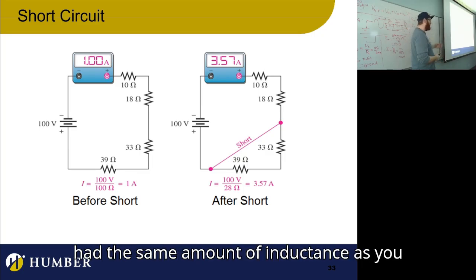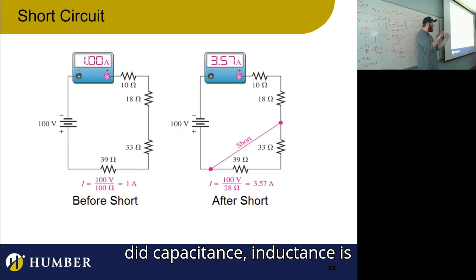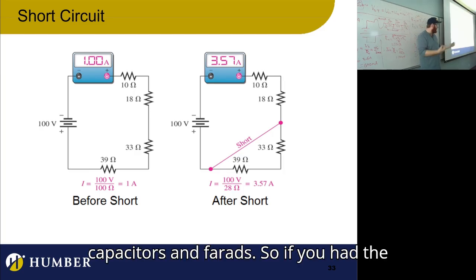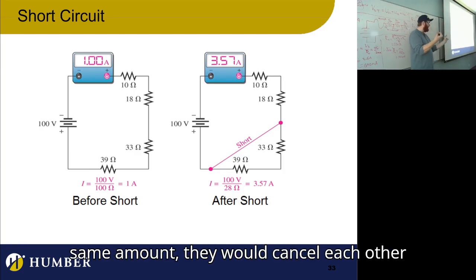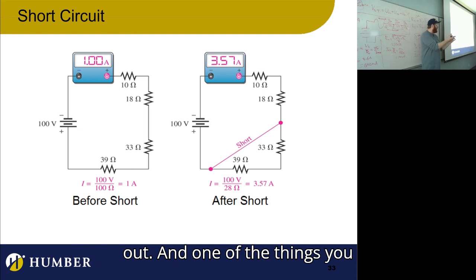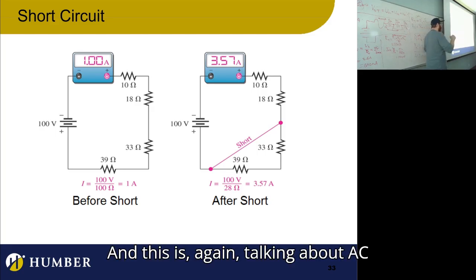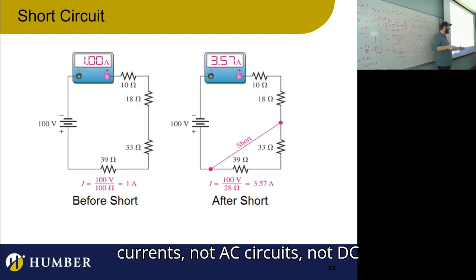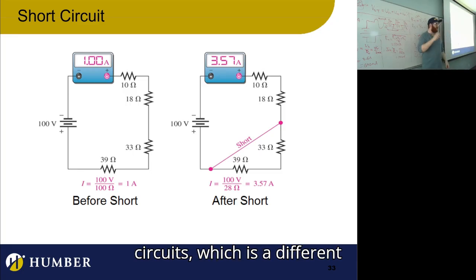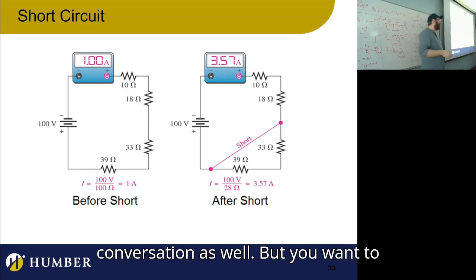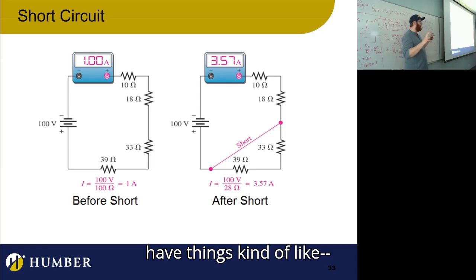So if you had the same amount of inductance as you did capacitance, inductance is henries, so coils, capacitance is capacitors and farads. So if you had the same amount, they would cancel each other out. And one of the things you try to aim to do, and this is again talking about AC currents, not AC circuits, not DC circuits, which is a different conversation as well. But you want to minimize